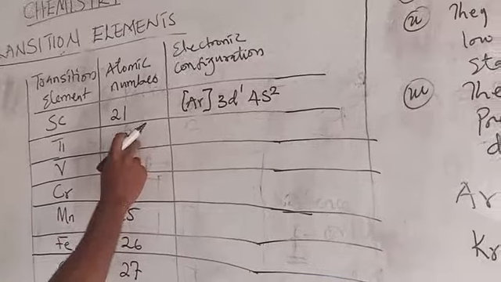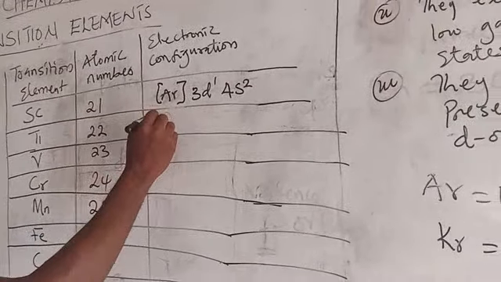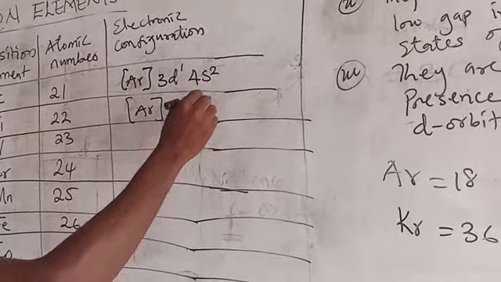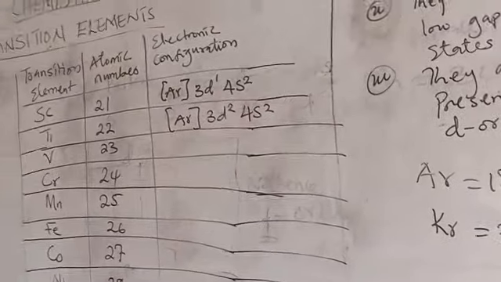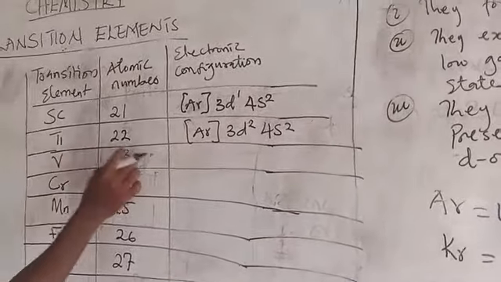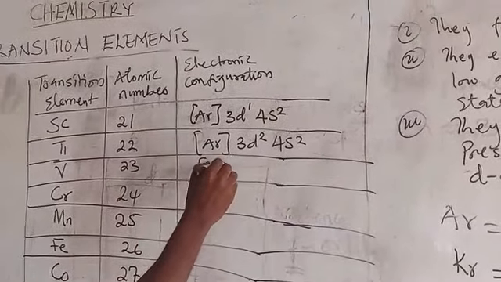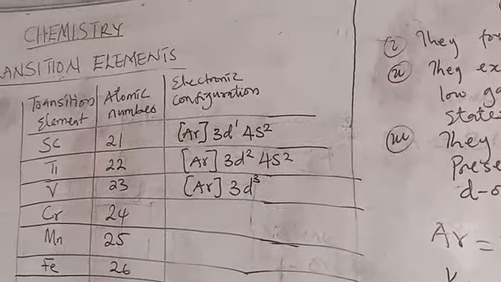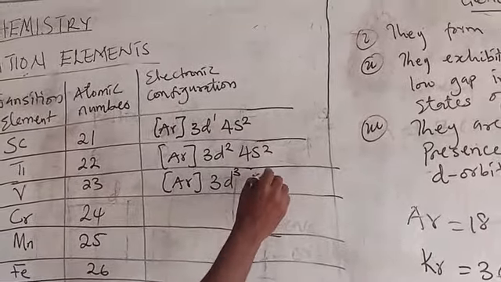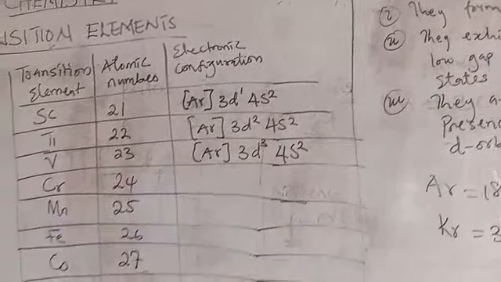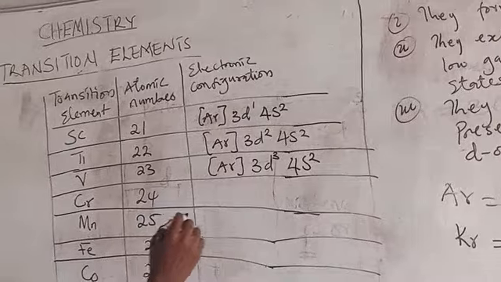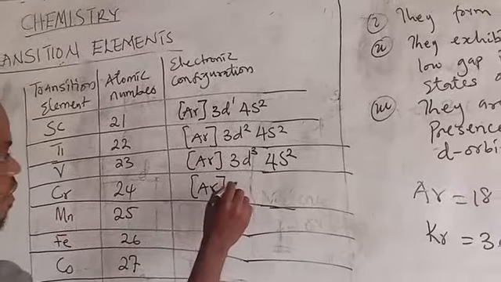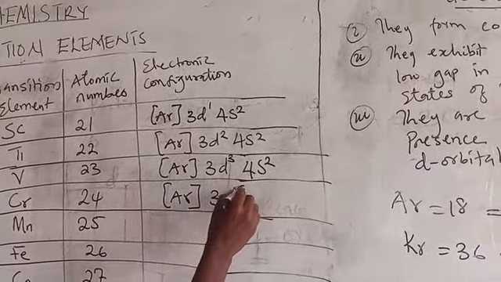Number 2, titanium, which is 22, is going to be the argon core, 3d2, 4s2, followed by vanadium, which is 23. We have the argon core, 3d3, 4s2. Then chromium, which is 24, going to be the argon core. Now look at this. We have the argon core, 3d5,